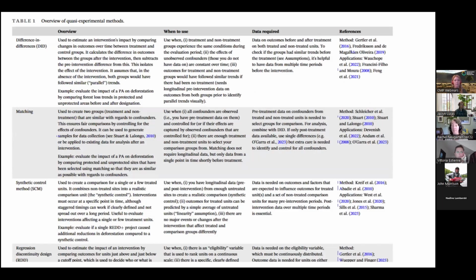General point here is that quasi-experimental methods are very data intensive. This was one of the things I learned during my PhD. You need data, ideally from before and after the intervention occurred, on the target outcome. In my case, I was looking at deforestation, so I needed time series data from before and after the intervention occurred. So you need time series. You need data from inside and outside, right? Sites that are the intervention sites and sites that are non-intervention sites. And this is the kicker: you need data on confounding factors.